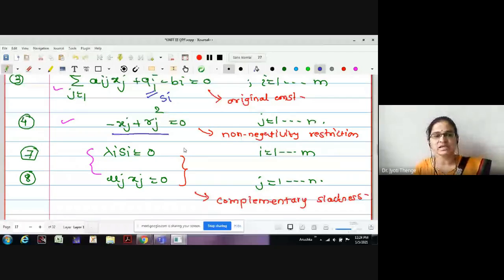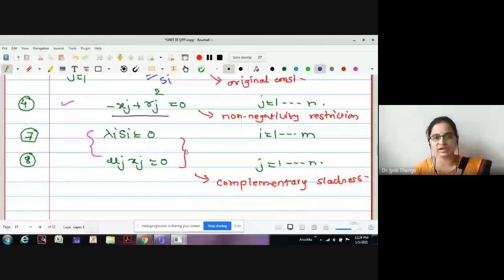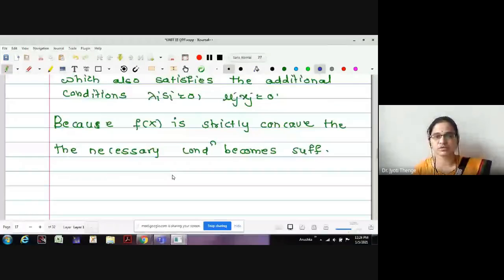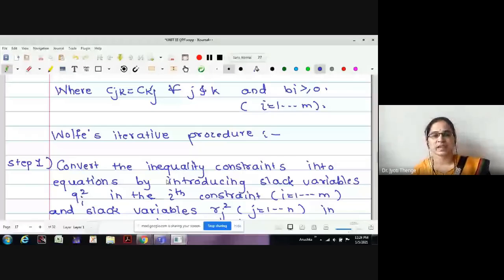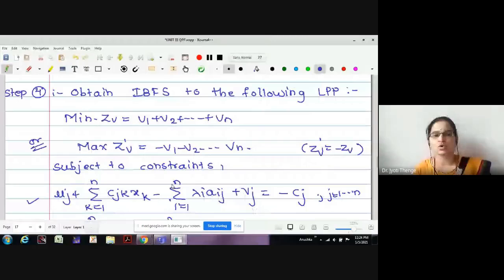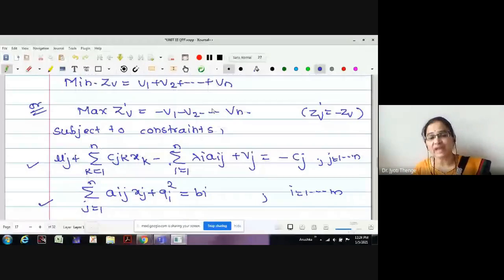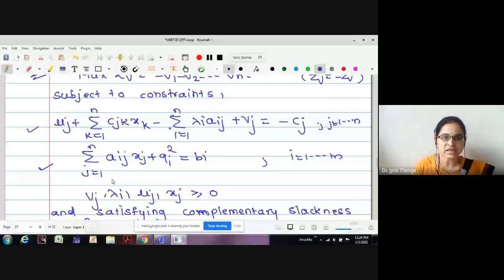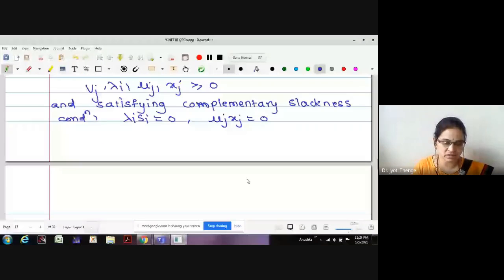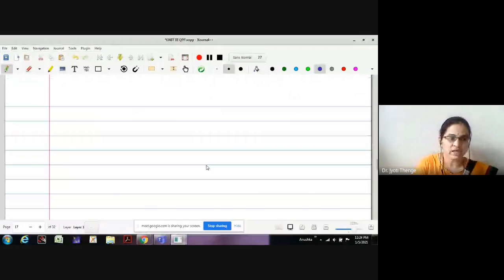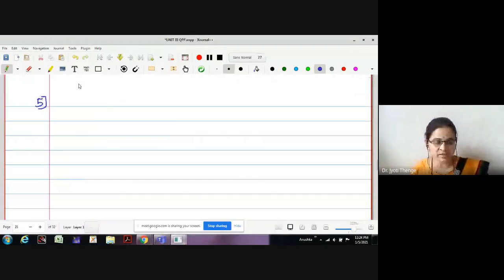That we have included. Equations 7 and 8 also we have taken here. Therefore, the problem now becomes solving a linear objective function subject to linear constraints, with the addition of this complementary slackness condition. Now, in next step number 5, we will say we have to solve this by the two-phase simplex method